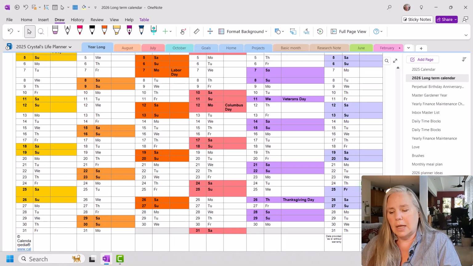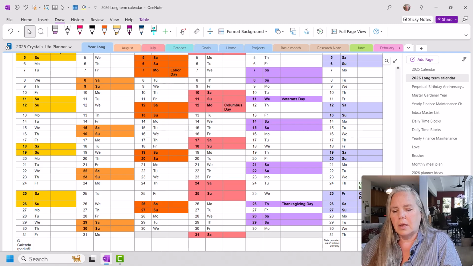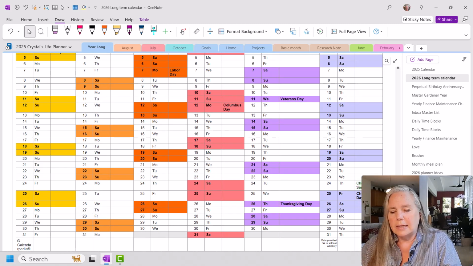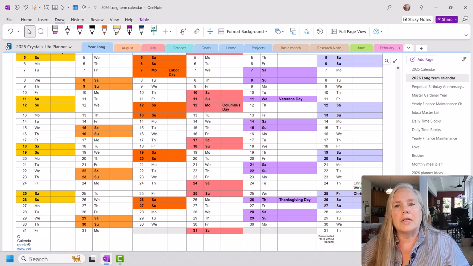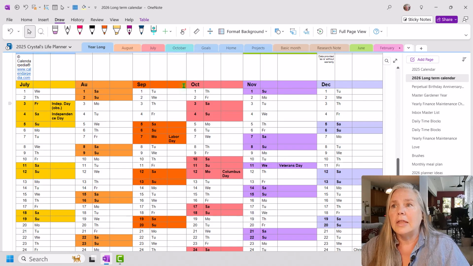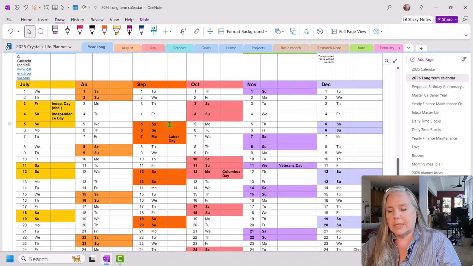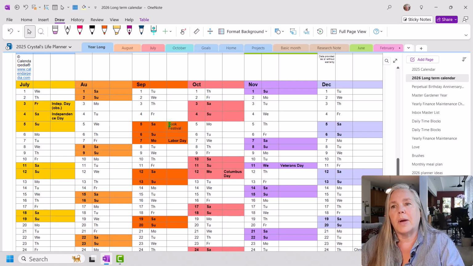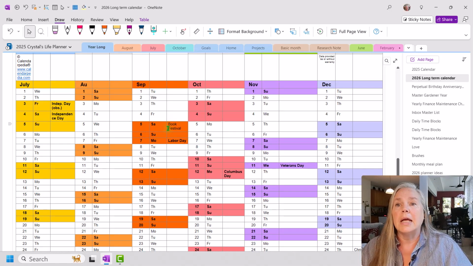So I can go in and write Christmas Eve service, and that is usually at 7 p.m. So I know that it is an evening program. And I can go ahead and list that there, okay? The book festival is usually the first Saturday in September, so I'm going to list that there as well, so that I can remember that.